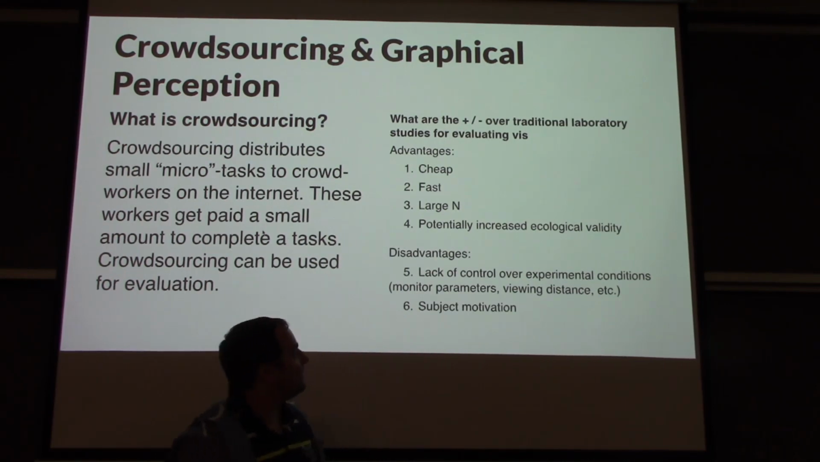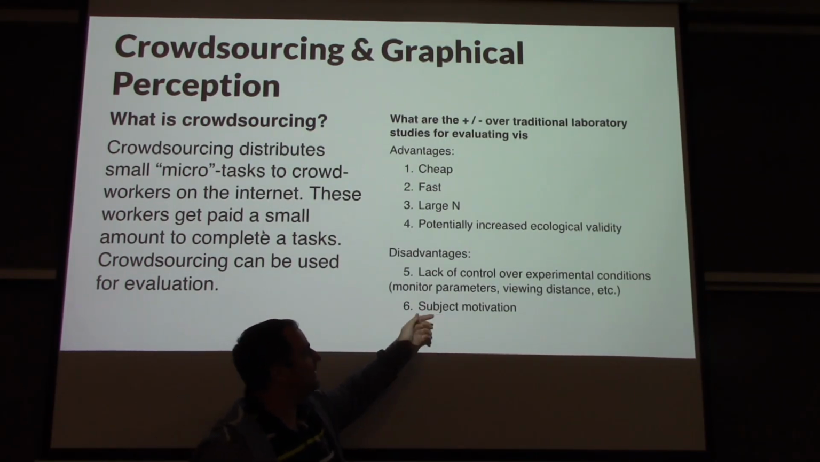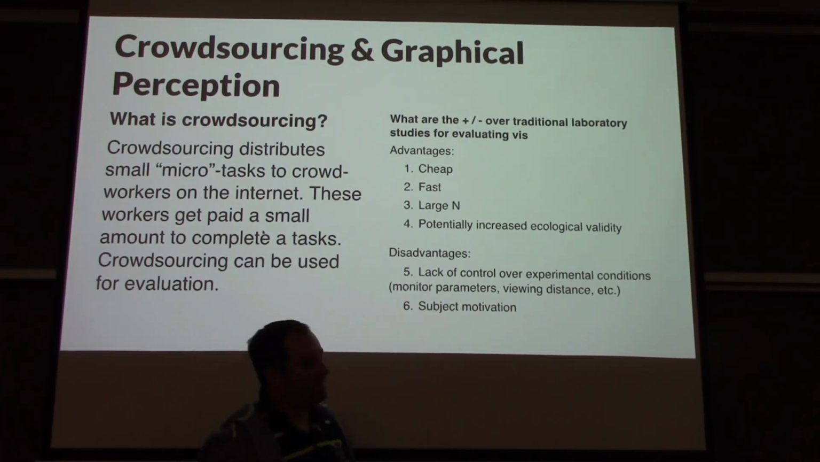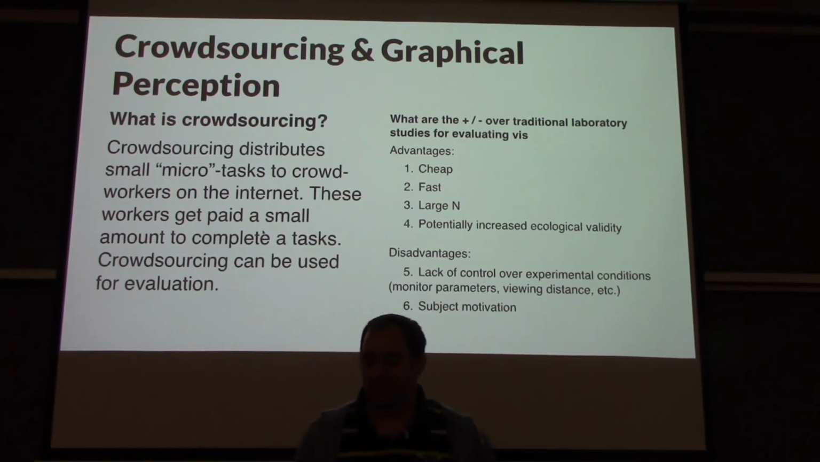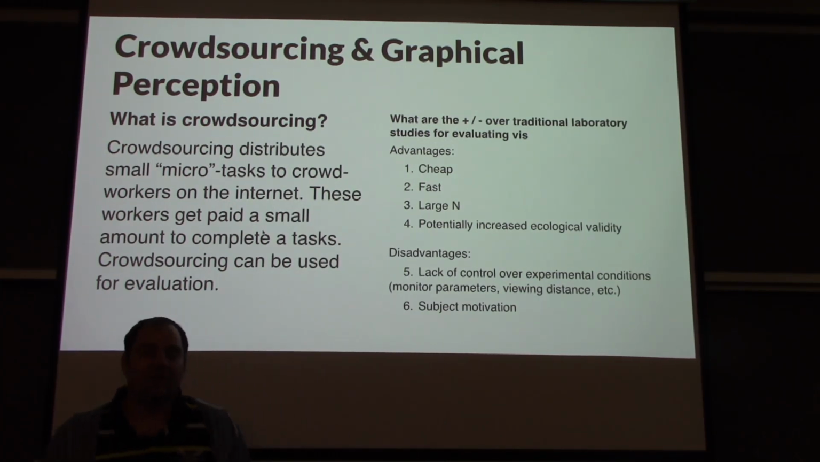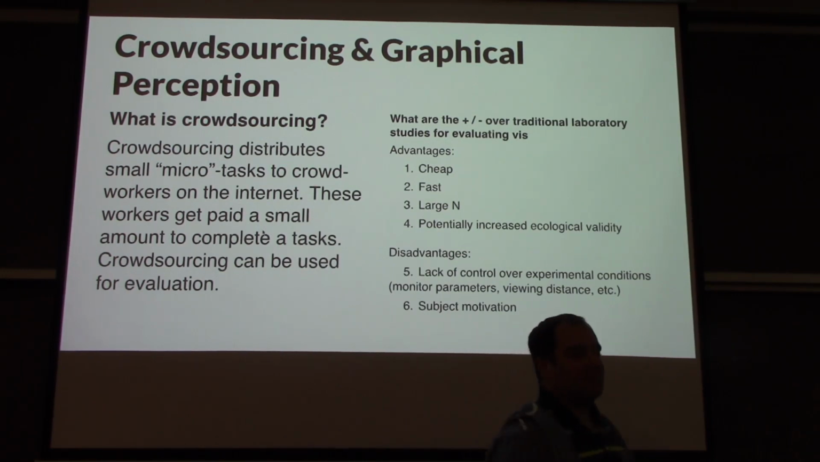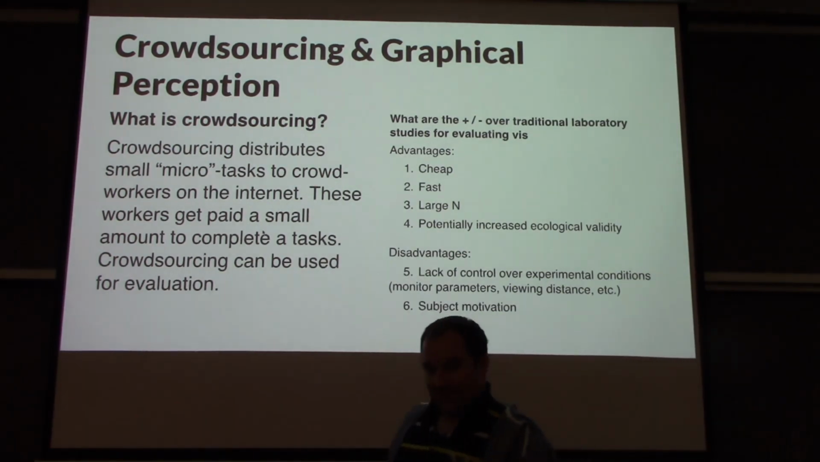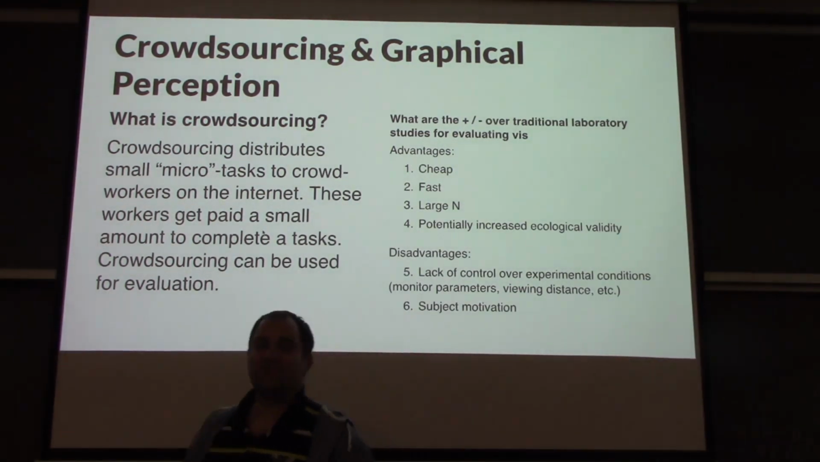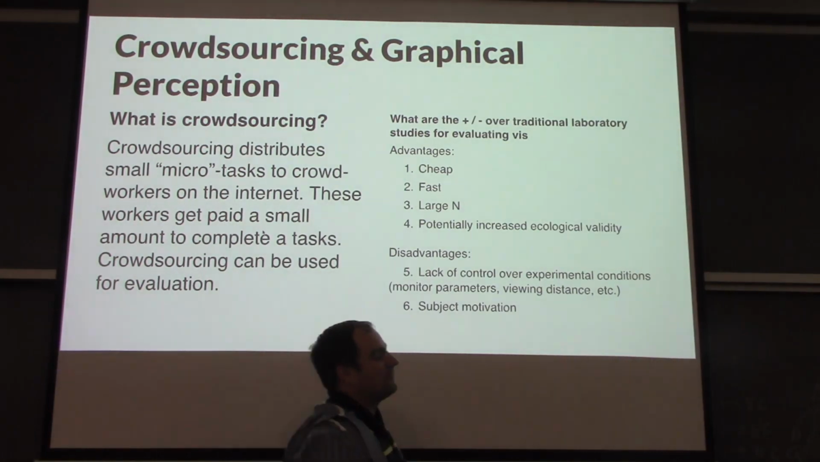Yeah, and this increased ecological validity is also at the same time, the reason for the increased ecological validity is also a part of the disadvantages. So we have lack of control over the experimental conditions, monitor parameters, viewing distance, and so on. And then subject motivation. There's a lot of people in Mechanical Turk that just try to make money without actually doing a strenuous task, and so you have to make sure that you only consider results from people that are actually doing the